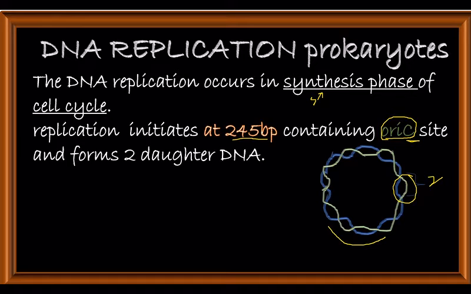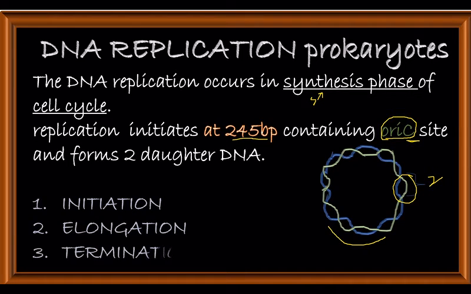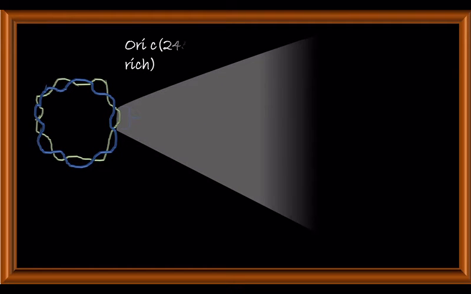In DNA replication, there are 3 stages: initiation, elongation, and termination. Here we can see about initiation. First, this is the covalently closed circular complex. This is the OriC site. Here, the OriC site, which is of 245 base pair, has the AT rich region, that is adenine thymine rich region. GC content is hard to break because it needs more energy, whereas AT, which has only 2 hydrogen bonds between them, is easy to break.